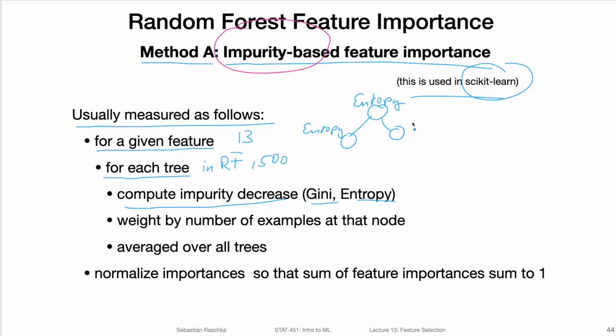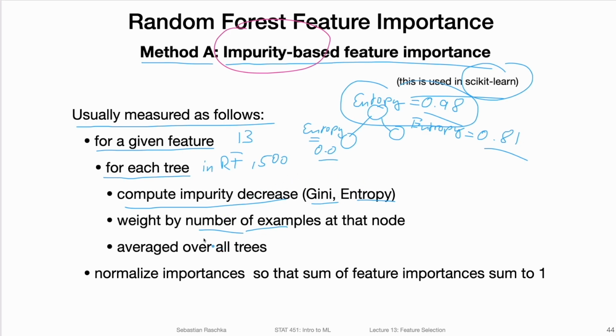And then for the child nodes, I don't recall the numbers, but we had something like 0.98 and then say 0.0 and I think 0.81 or something like that. And then we would essentially look at this decrease. So we decreased the entropy from 0.98 to 0.81 and 0.0. And we would also add a weight in terms of the number of examples at that given node. So that gives us an importance. If we have more examples at this node, that would give us a higher importance for this particular split.